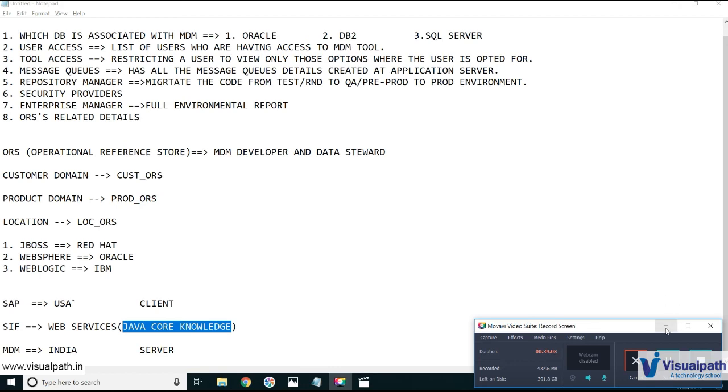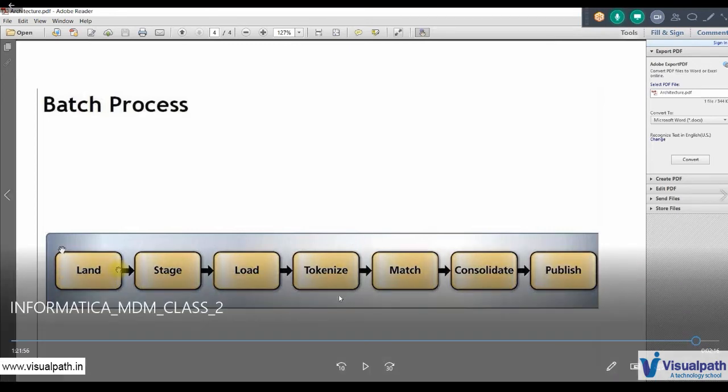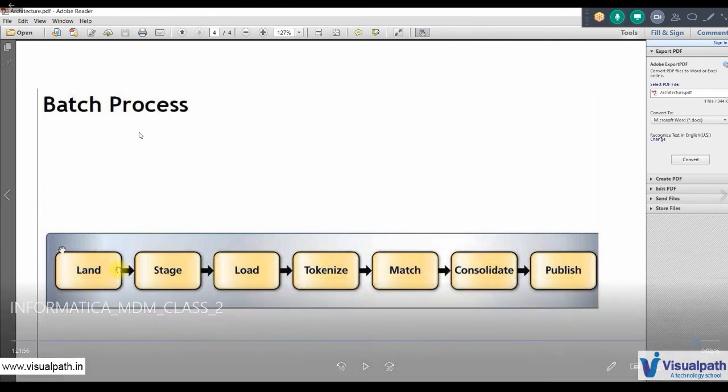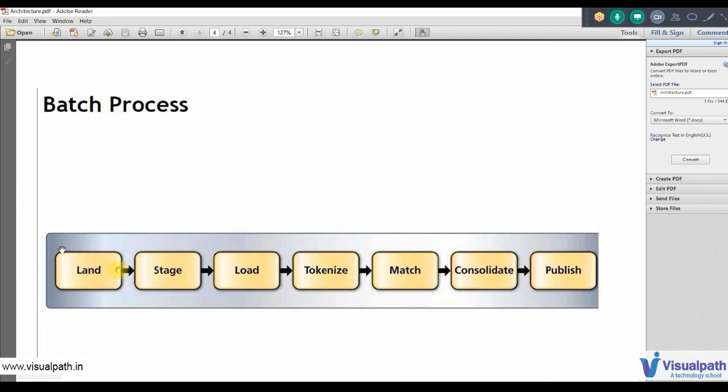And now finally you have one more, and that is this one. See here, it's a batch process. You have your landing table at the starting point, and later you have your staging table. From your landing table you move the data to stage, and from stage you move the data to load. Load means nothing but your base object. So you use your base object tables, and once you have the data in your base object tables,